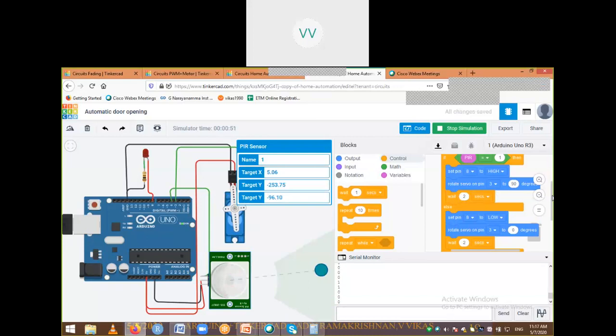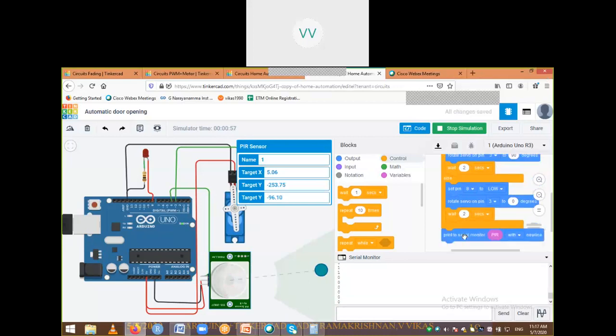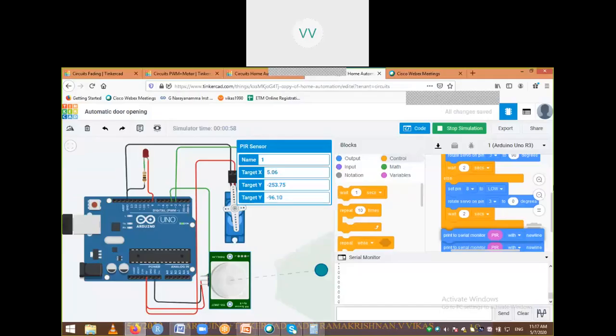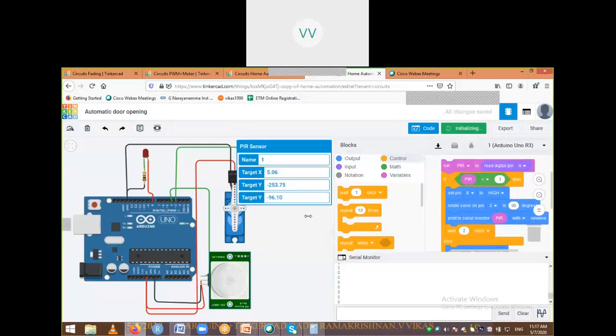If I take this serial monitor block, duplicate it and keep it over here, and similarly drag this and keep it before this wait 2 seconds, maybe I'll be able to see these changes immediately. Okay, immediately I got the change in the serial monitor. I'm moving out. Immediately I got 0 in the serial monitor. Like that you can change.